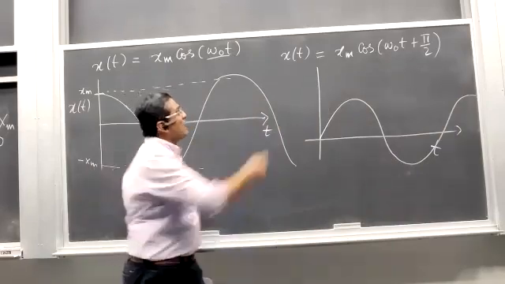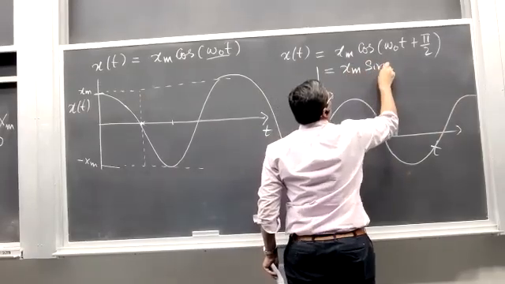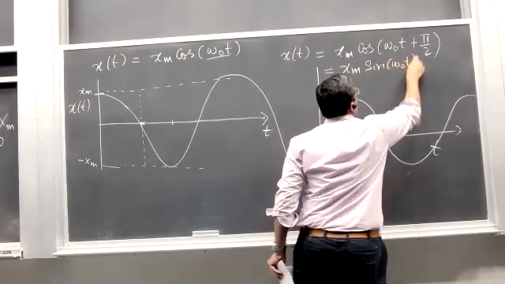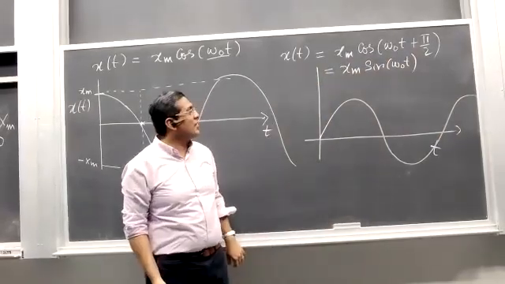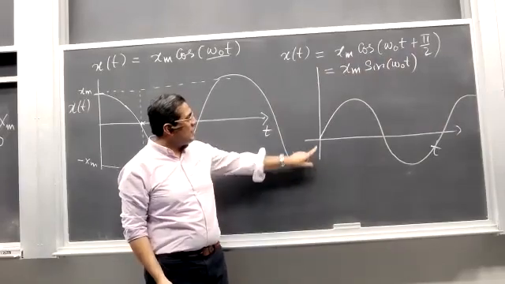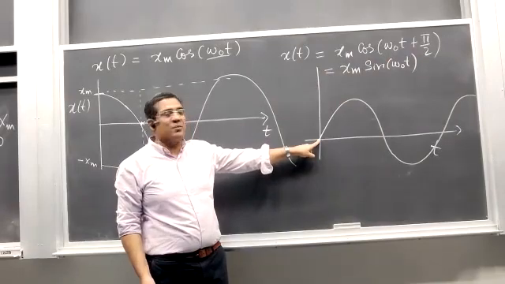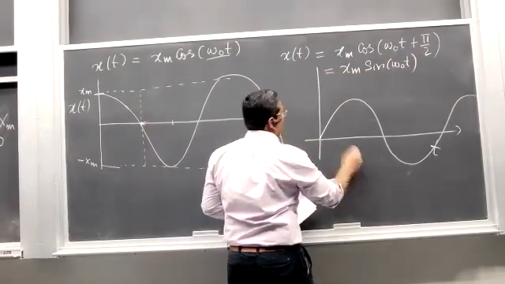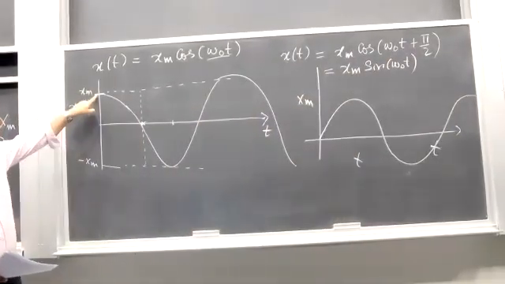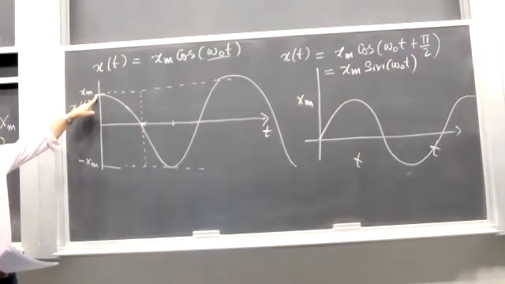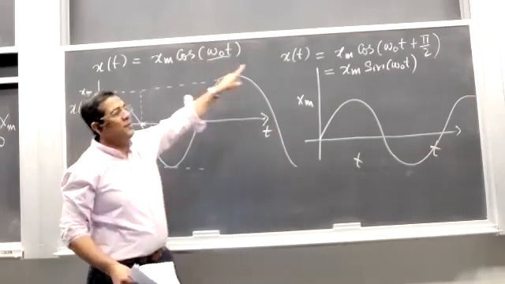Okay, and I could equally write this like this. Somebody was asking the difference between sine and cosine. So just a difference of phase constant. And you see now at 0, the oscillator is at the equilibrium position. And here, in this case, at time 0, the oscillator is on the rightmost position. You can choose the phase constant phi, which is 0 here, pi by 2 there.